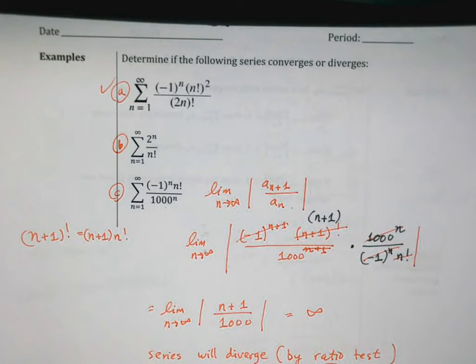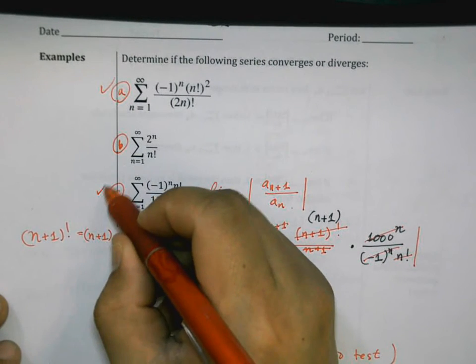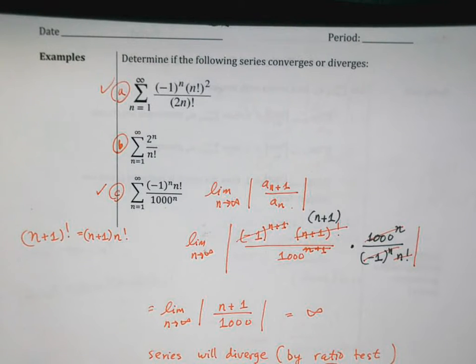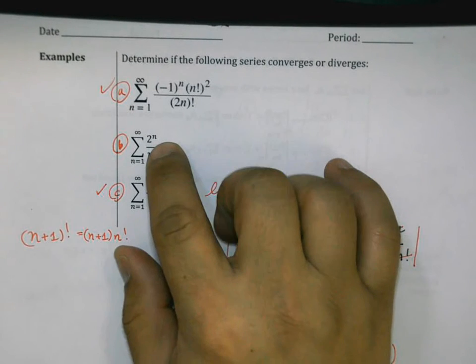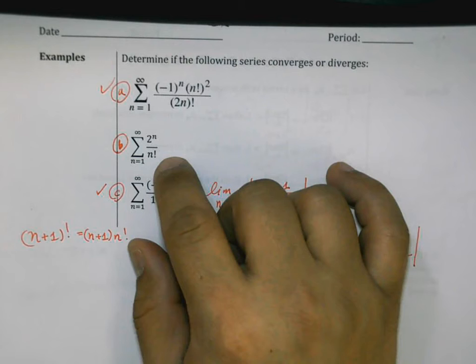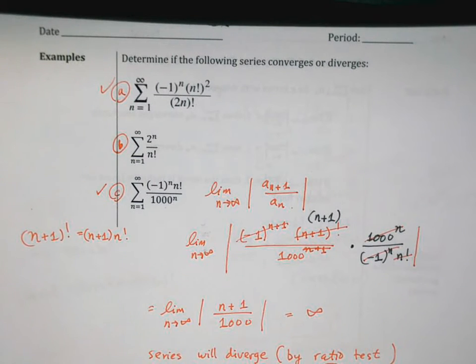So we want to know really what's bigger, the exponential function or the factorial function. And you can kind of see in all three of these examples we have factorials. And the ratio test is useful for other things as well, but it's especially useful when we have factorials because we get this nifty idea here of the n plus 1 term canceling out almost everything from the n factorial,